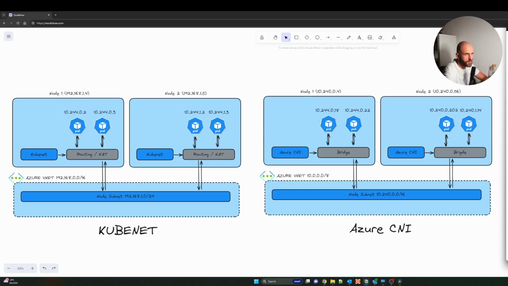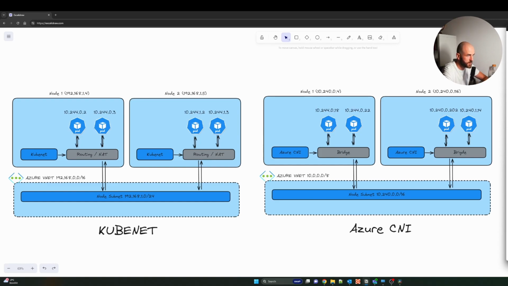Okay, so now that we have seen the different services in Kubernetes we can use and the ingress option to expose our applications, you have to understand that a network plugin is required by an AKS cluster in order to facilitate pod-to-pod communication, pod-to-node communication, and in some cases node-to-pod communication. There are basically two plugins available on AKS. The first one is Kubenet, and the second one is Azure CNI. You have more options, like using your own CNI, such as Cilium, Flannel, or Calico.